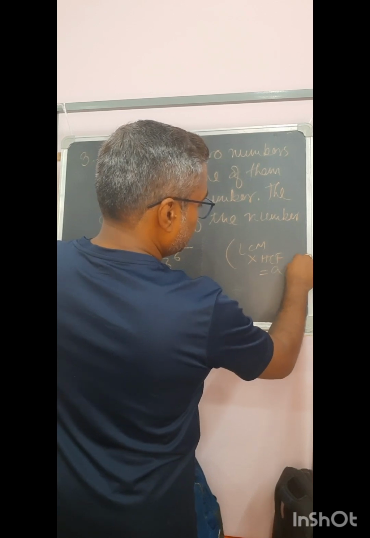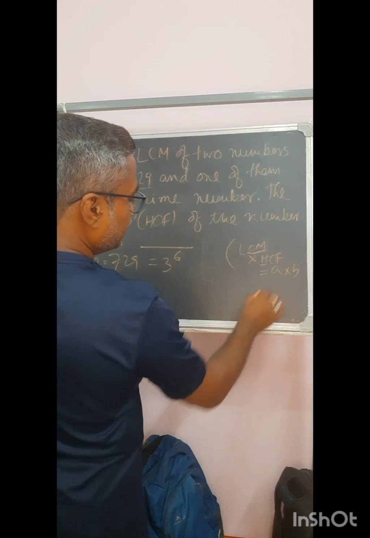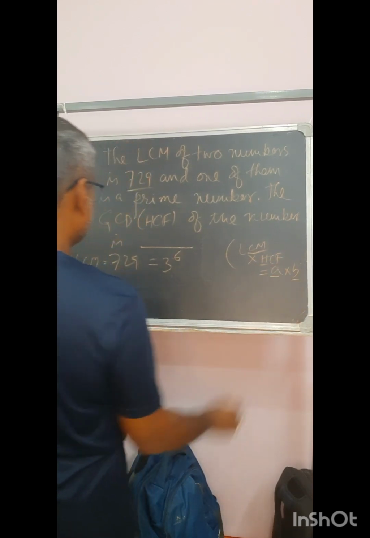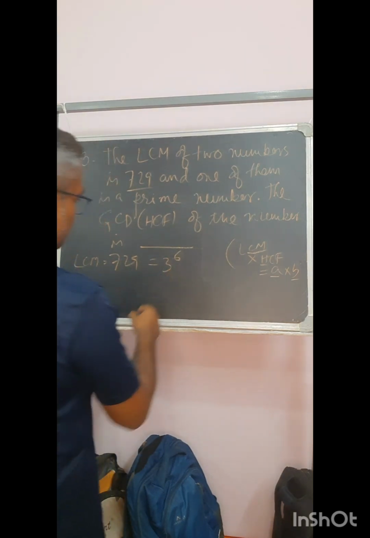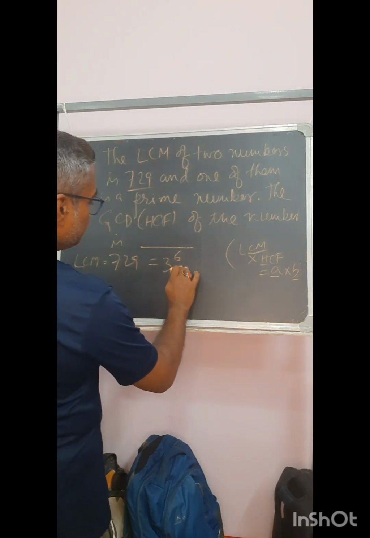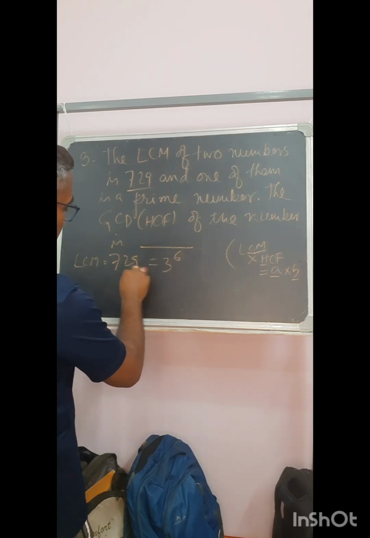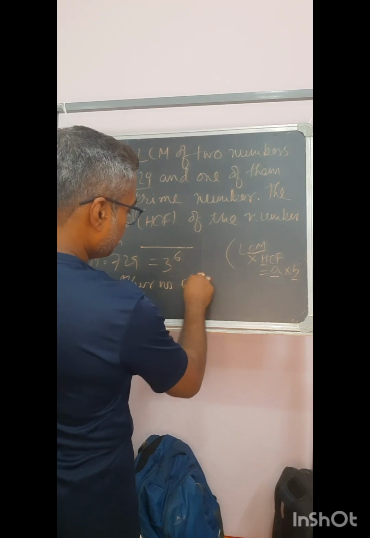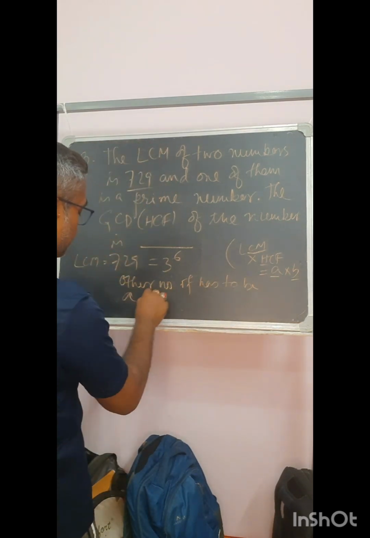Let's say the numbers are A and B. Out of this LCM, I know the HCF has to be calculated. A is a prime number, and what is B? Now, if I get the LCM like that, the other number also has to be a prime number, so that the possibility for the other number, if it has to be a prime,